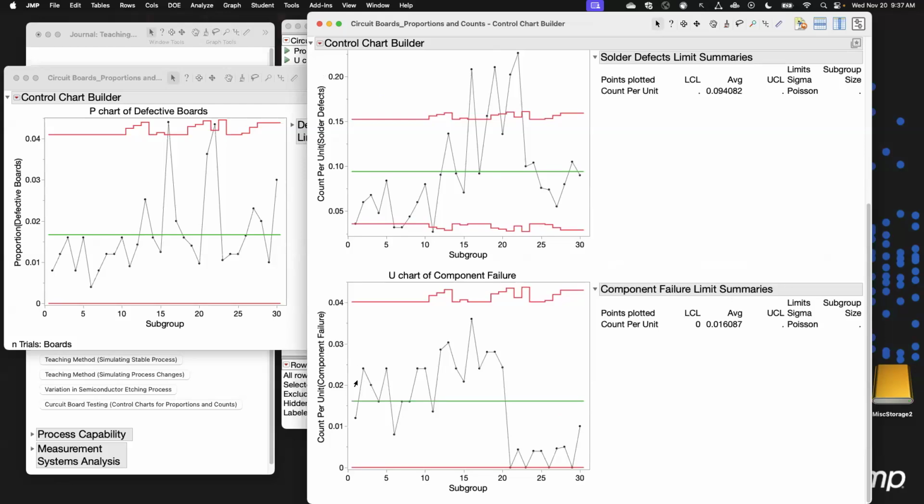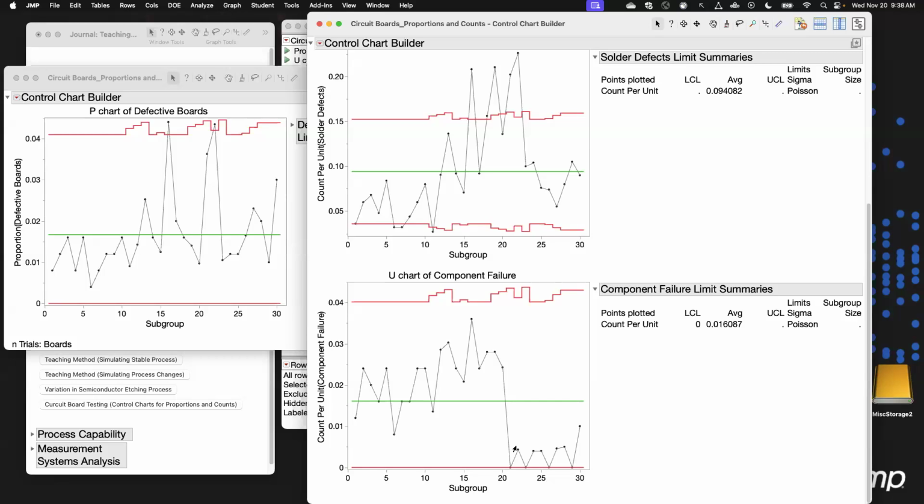Sometimes you're trying to get your students to understand that a process being in control just means that it's stable. It doesn't mean it's good. It just means that it's not changing. There's only natural variation. And saying a process is out of control means it's changing. So the change doesn't always have to be bad. Here's a case where this process is out of control because it looks like the number of component failures is remaining pretty constant, and then it drops way down here. So this is a case where the out of control condition is actually an improvement on the process, and you'd want to figure out what's happening such that that type of defect